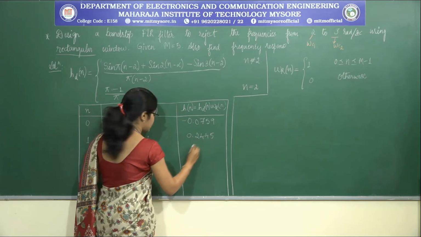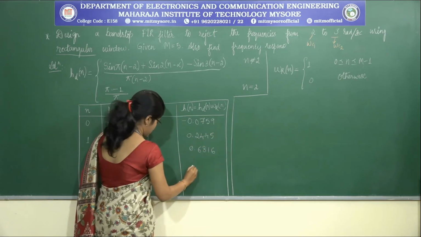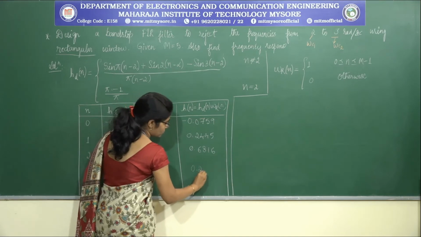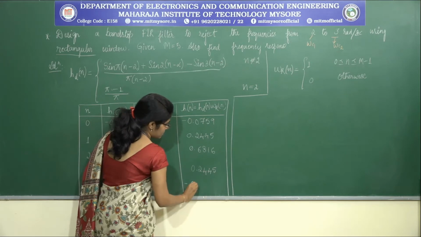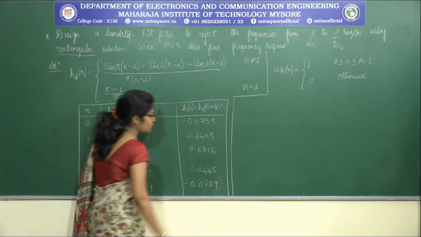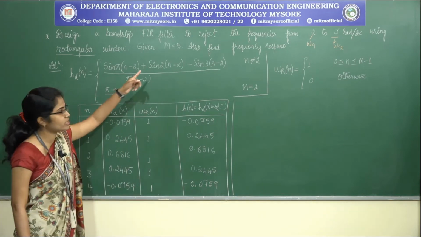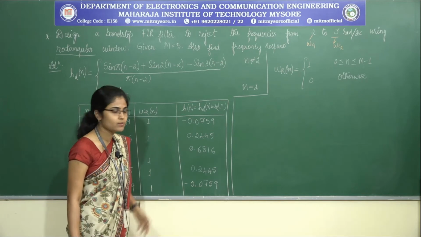0.2445, and the third one is 0.6816, the fourth one is 0.2445, and the last one is 0.0759. Now the value of m which they have given is odd, and looking into it, h of n is symmetric,